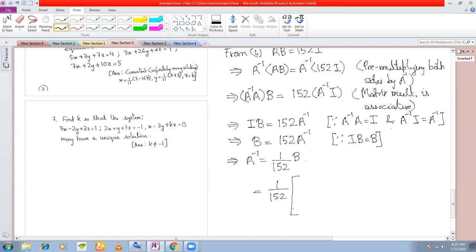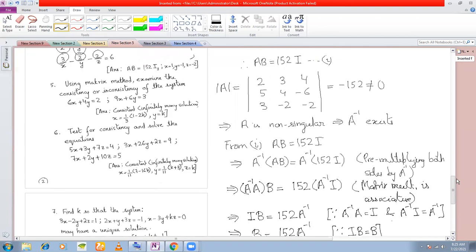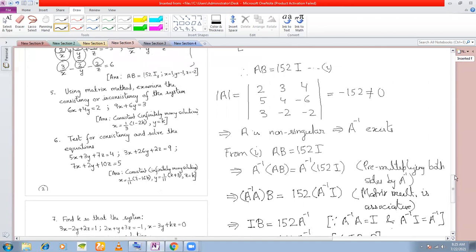What was the matrix B given to us above? The matrix B given to us was 20, 2, 34, 8, 16, minus 32, 22, minus 13, 7. So without even finding out the adjoint, we have managed to find out the value of A inverse, right? Now, once we have found out A inverse, we shall proceed to solve the system of equations.